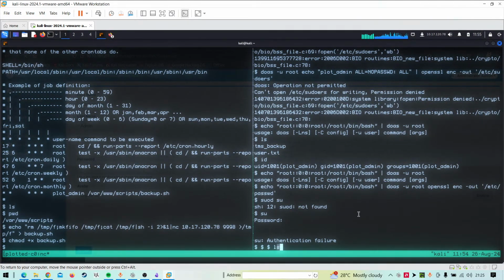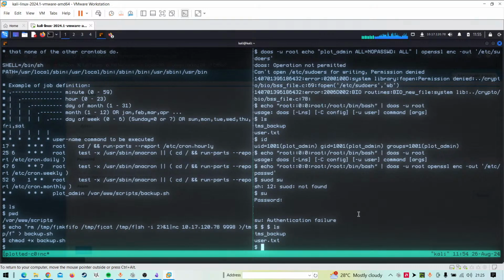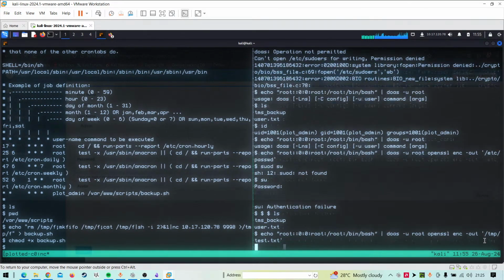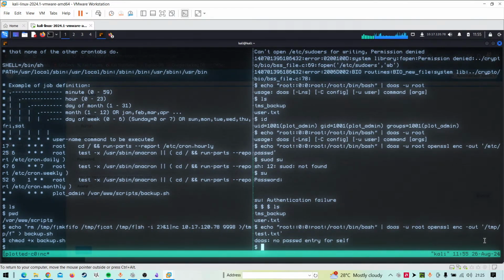that's something. Okay, so I'm not able to write something here. But if I try to write it over to the slash tmp folder and pasted.txt. Okay.